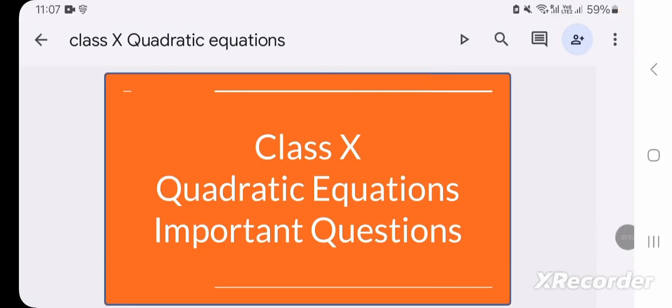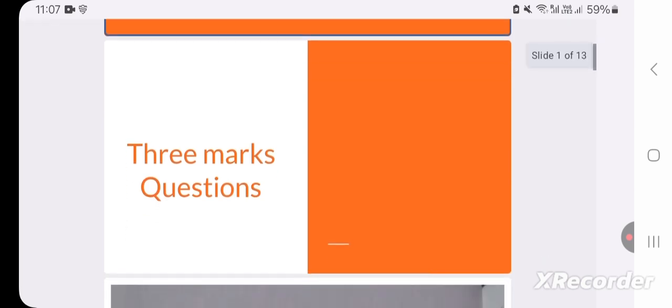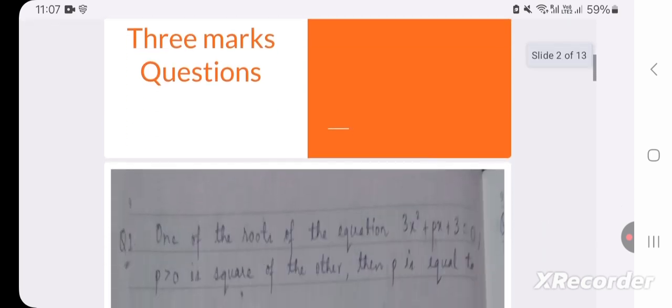Today we are going to study class 10th quadratic equations, and here are some important questions regarding the topic. So first of all we will discuss 3 marks questions. So question number 1, as you can see here,